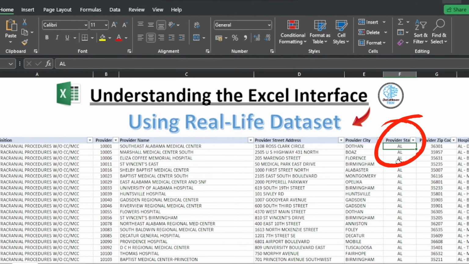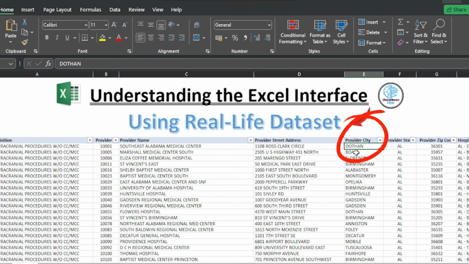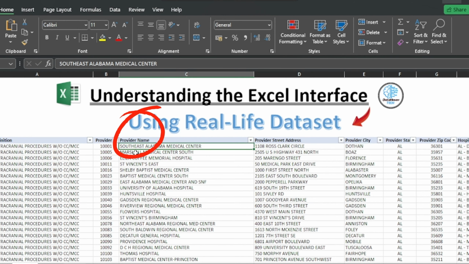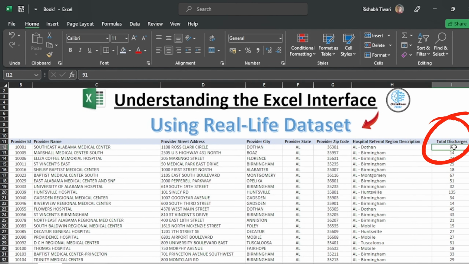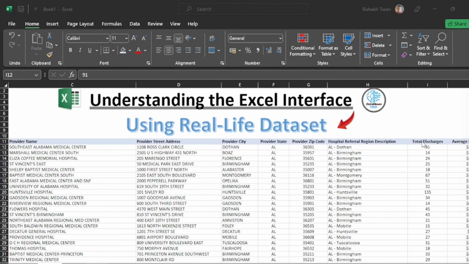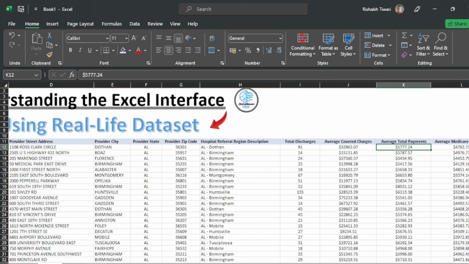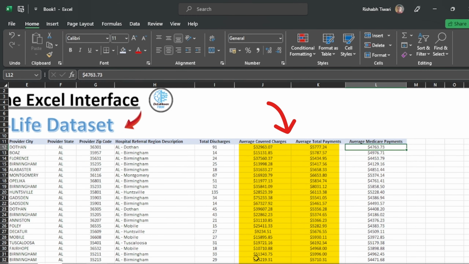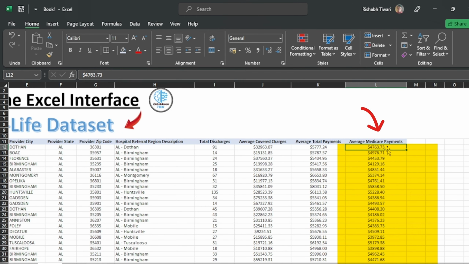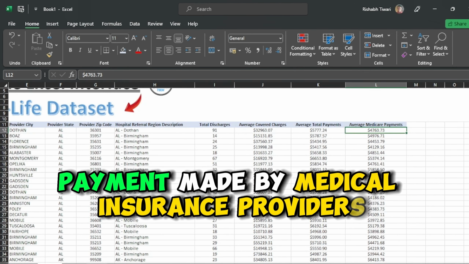So this says that in Alabama, in the region Dothan area, has this particular provider. Total discharges represent the number of people treated by this particular provider for the period which this data covers, and these are the average charges paid by the patient and the government, as some of the payments are made by the government, and then we have the average Medicare payment, which is the payment made by medical insurance providers.